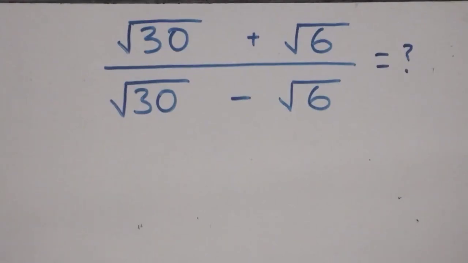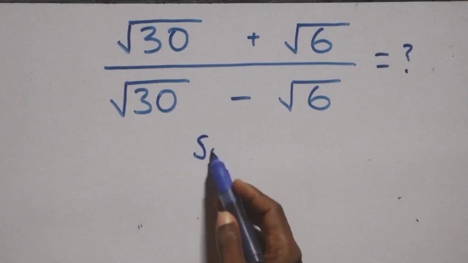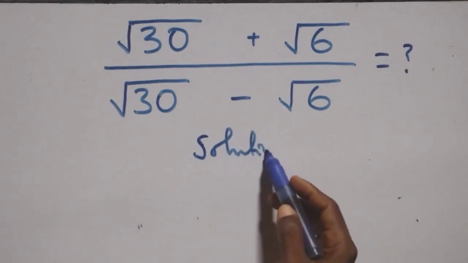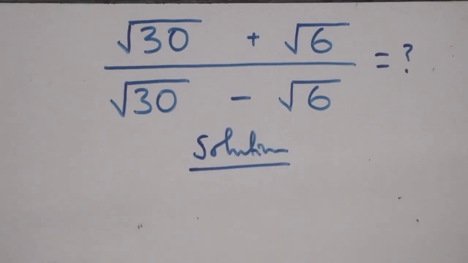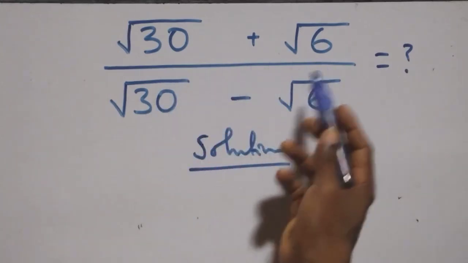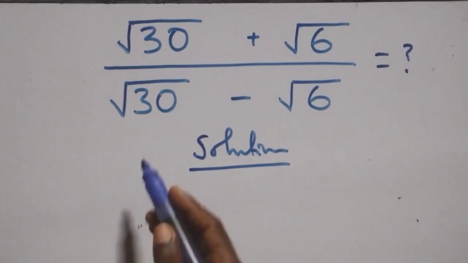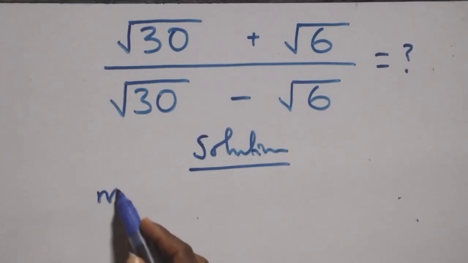How to solve this nice square root problem? We have two solutions here. How fast can you solve this? Try it first. You have root 30 plus root 6 over root 30 minus root 6. From the first method